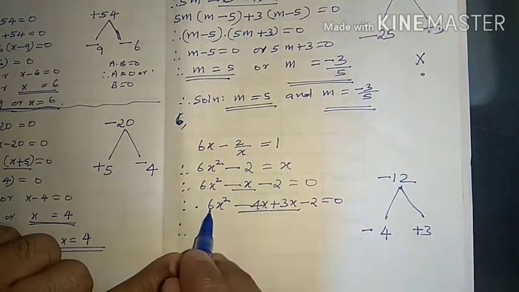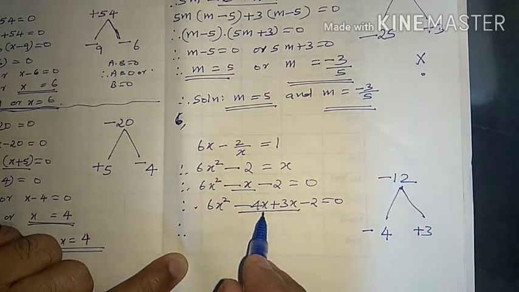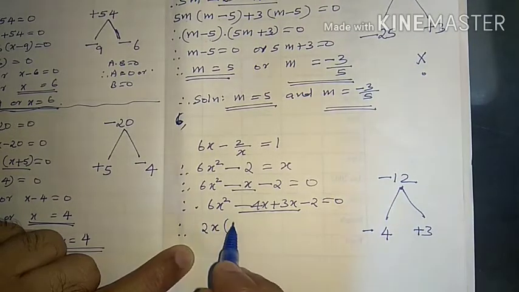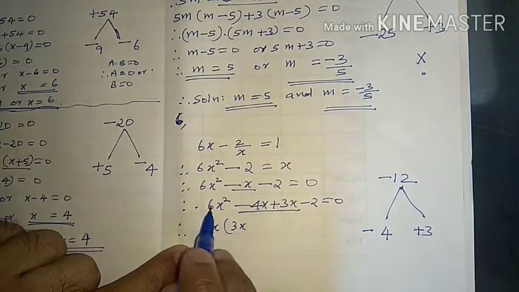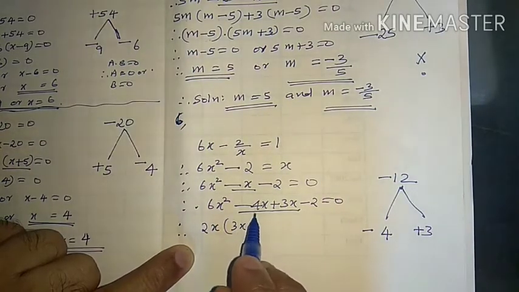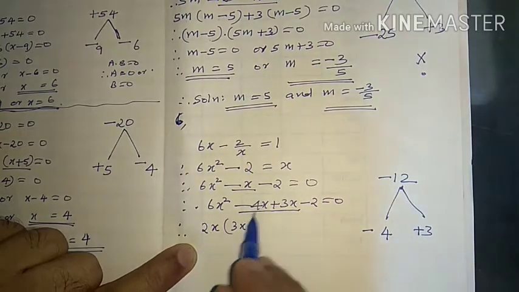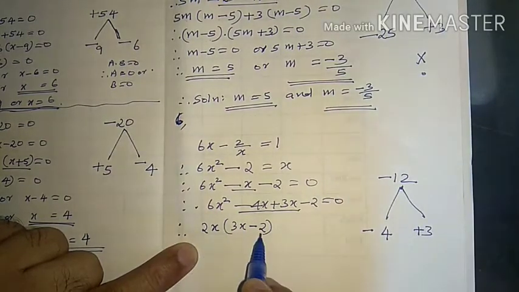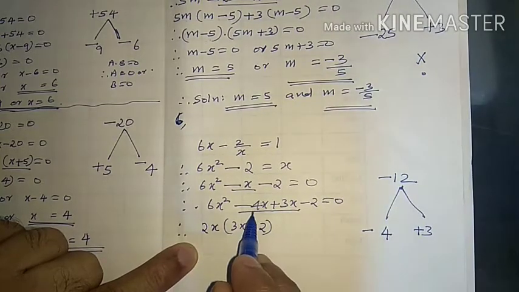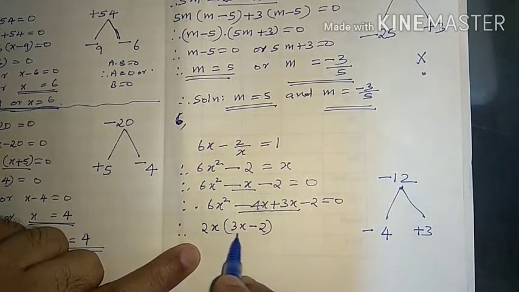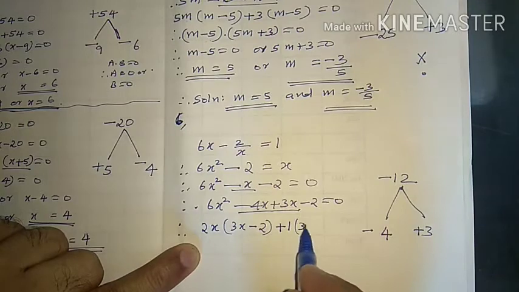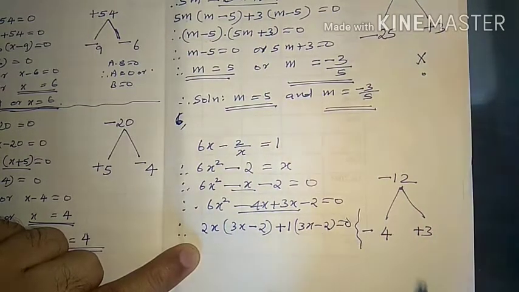Now what we do here: take 2 3s, 2 2s, 2 is the common factor. x also. Take 2x into the remaining 3x. 2 3s are 6, x into x, x square. This is 2 into minus 2x. 2x comes out, so minus 2. Let us check. 2 3s are 6, x square. Plus into minus, minus. 2 2s are 4 into this x, minus 4x. Now for this 3x, coefficient plus 1, we take it out, only 1. Then write this 3x minus 2 equal to 0.